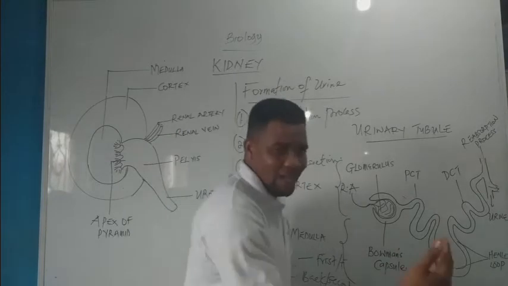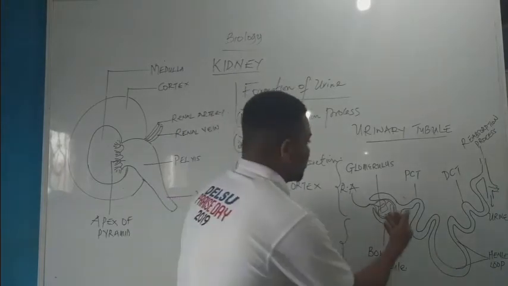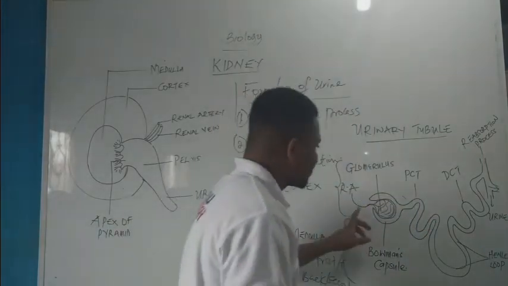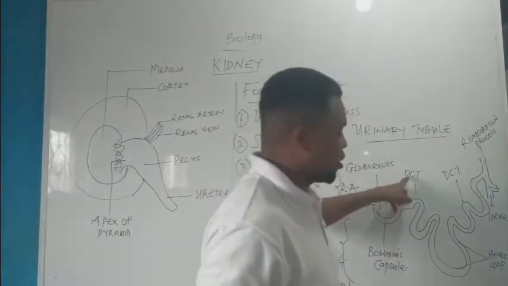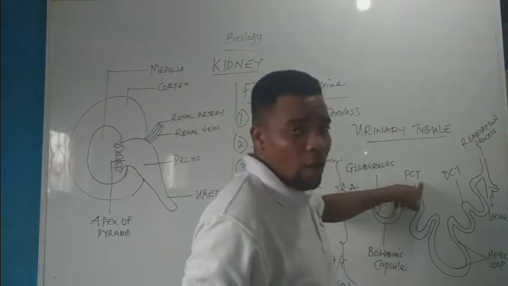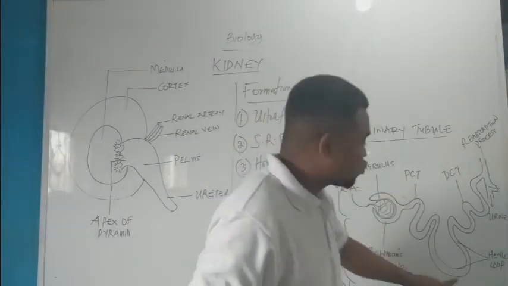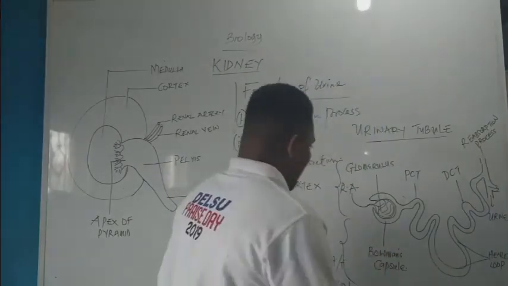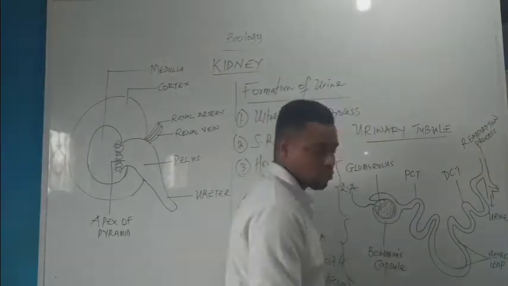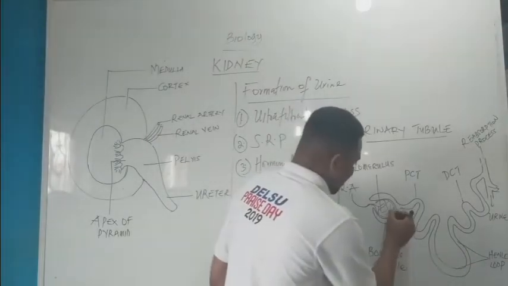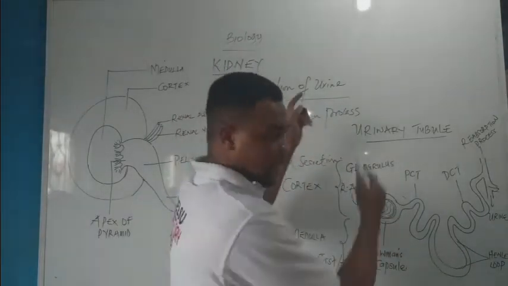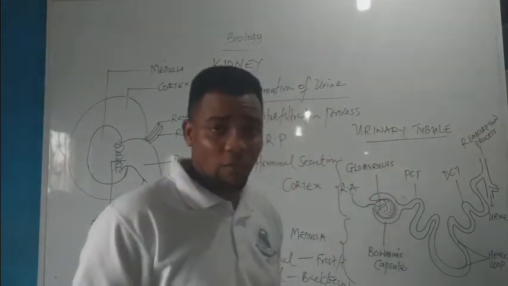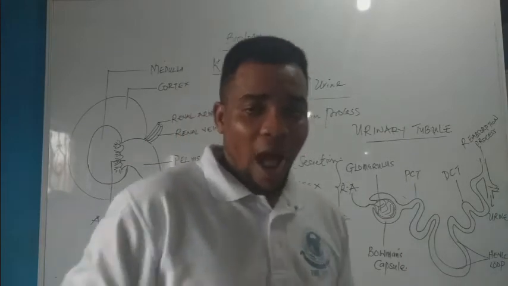After being filtered by the glomerulus, the remains will be passed straight down through the PCT, the proximal convoluted tubule, down to the Henle's loop. They are reabsorbed from here. The pure blood goes back to the body. So the process of ultrafiltration is the action of the